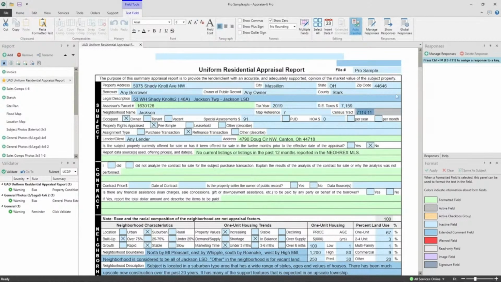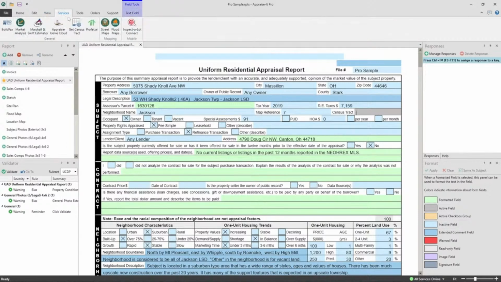One of the things that you might find useful that a lot of people don't know about in Appraise-It Pro is getting the census tract. So if I don't know what the census tract is here, I could just go into the flood map program, but I'm going to get charged a flood map lookup, and maybe I don't want a flood map for this particular report. One of the things you can do is come over here to services, and remember there are services and tools,